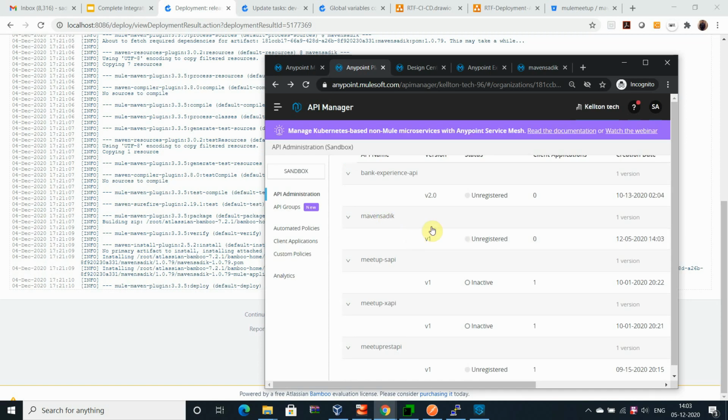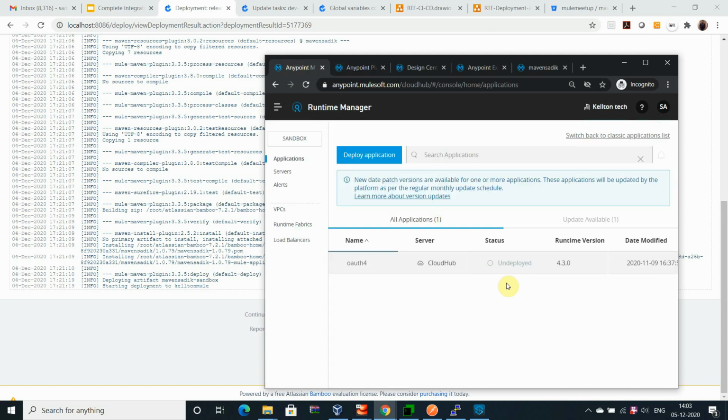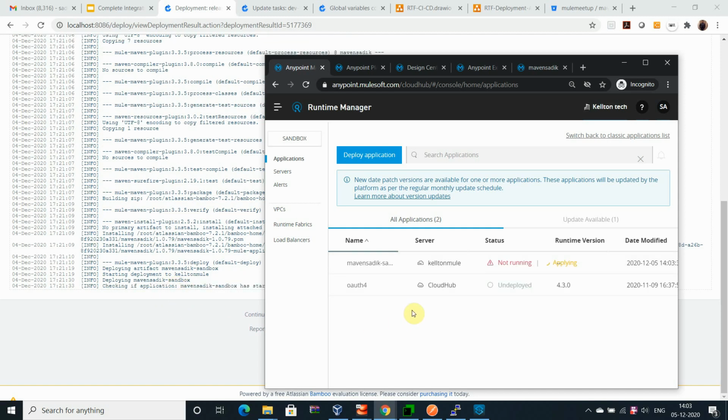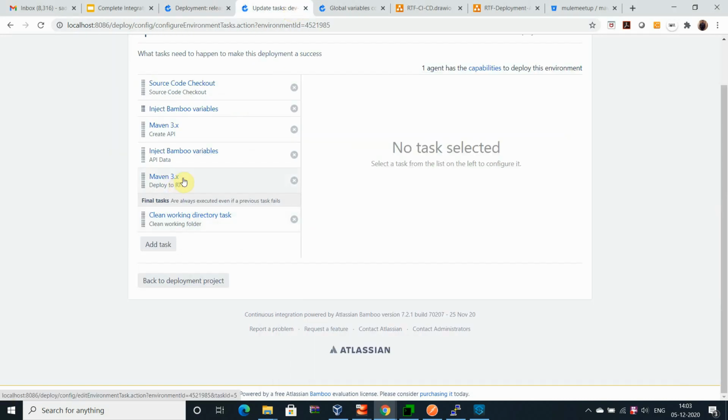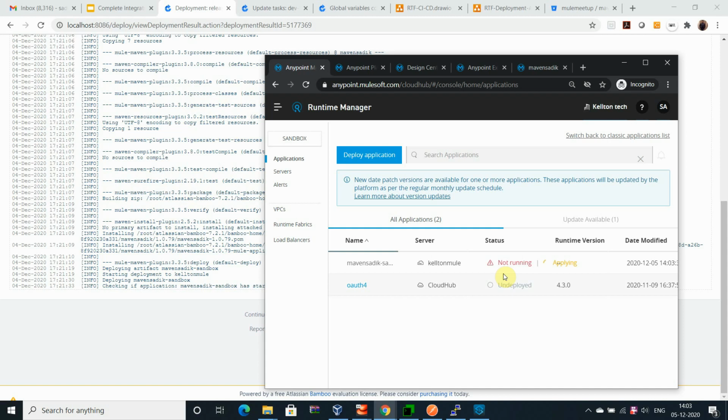You can see that Maven Sadik, right? It's just been created a couple of moments ago, at 2:03 p.m. Now what is it doing? It is deploying the Maven Sadik. Let's go here. You can see that it will be replicated by itself. It's deploying Sadik. This is the RTF. Yeah, it started deploying. The command which we have configured here: it created the instance, then it is deploying the application into the RTF. Checking if the application is started.